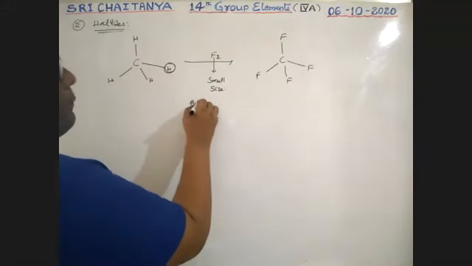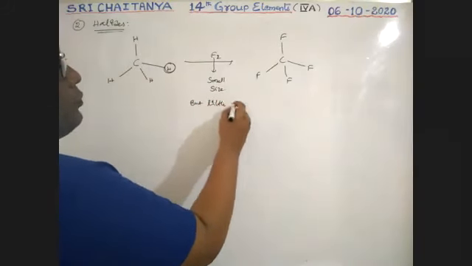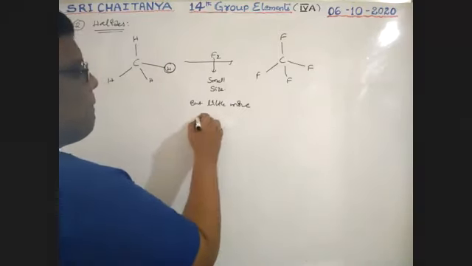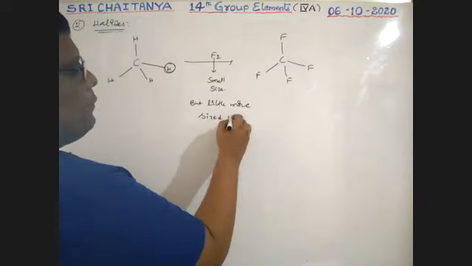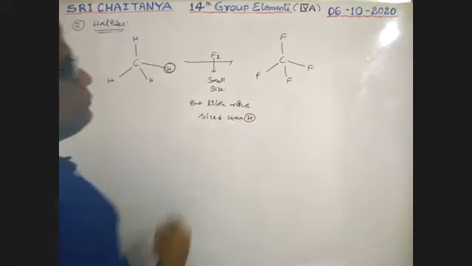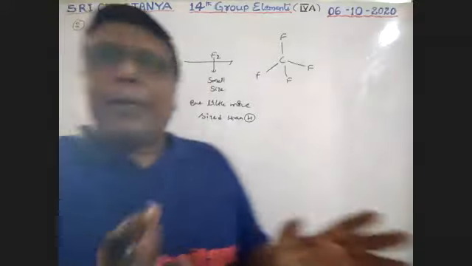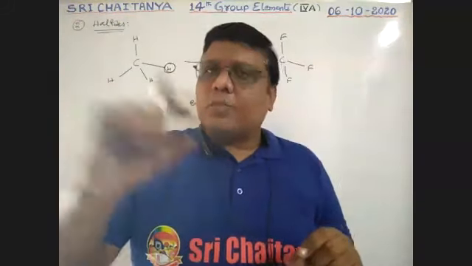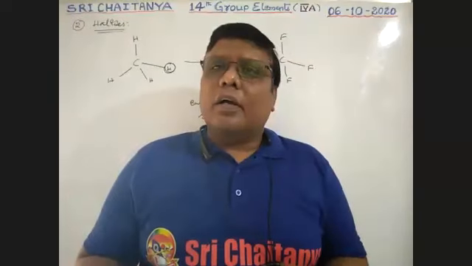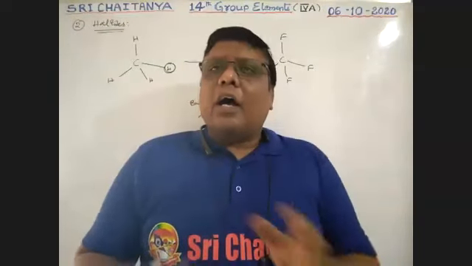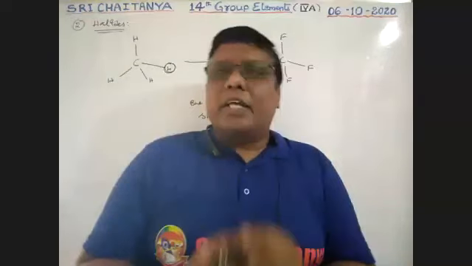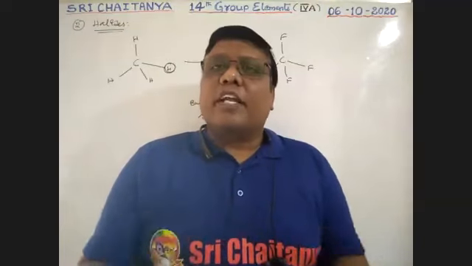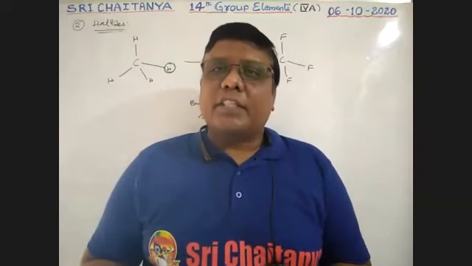but a little more size than hydrogen. So where I am comparing hydrogen and fluorine, boys, hydrogen has a small size, fluorine also small size, but a little more than hydrogen. So that is why all those hydrogens are easy to replace with fluorine. That is why the reaction of hydrocarbons with fluorine is a very, very vigorous and fast reaction.